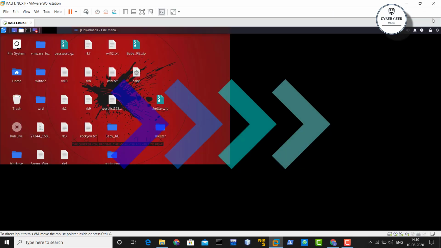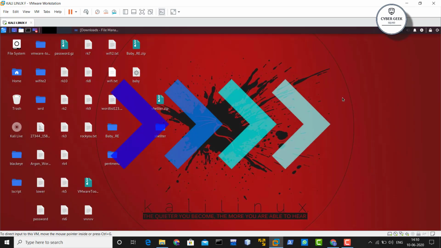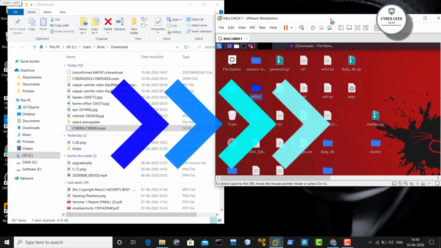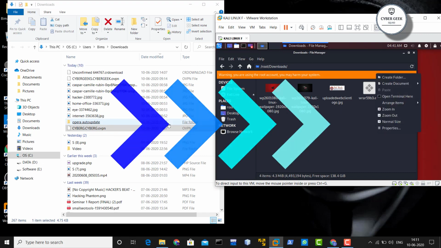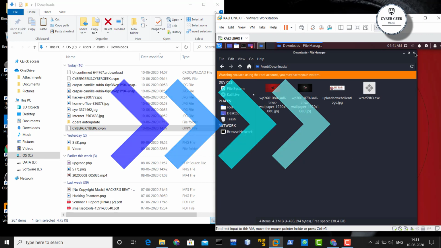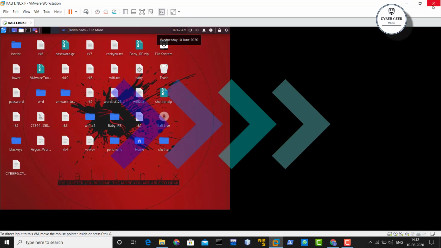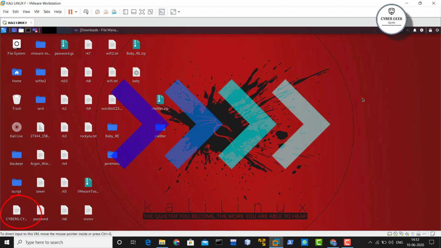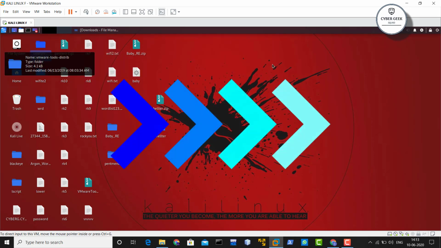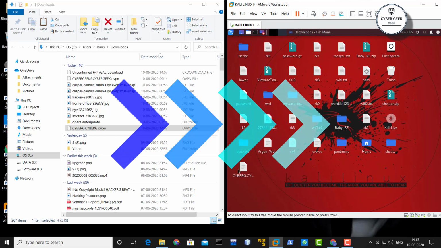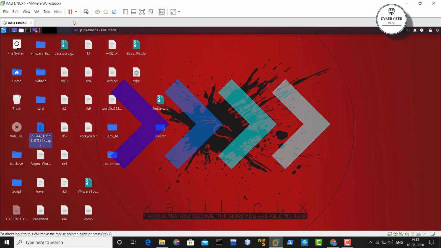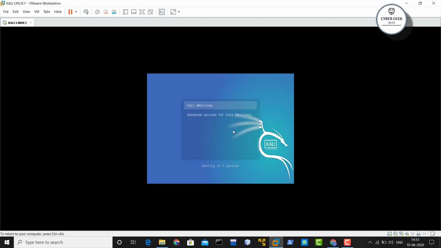As you see guys, I actually needed to fast forward it because I started getting an error. You can see I keep on dragging and dropping, it's not coming up, and due to which my Linux stopped responding once the file was being transferred. Okay, as you can see right now, the file has been transferred and Linux stopped responding. So what I did was that I simply stopped and restarted my Kali Linux. As you can see, it is restarting right now.